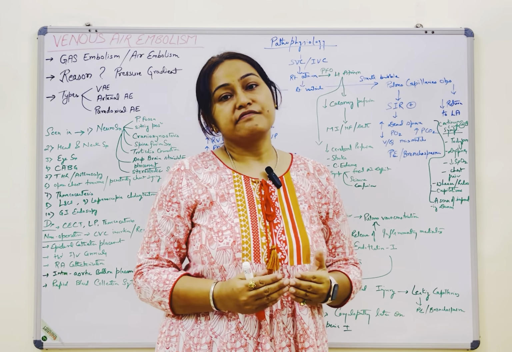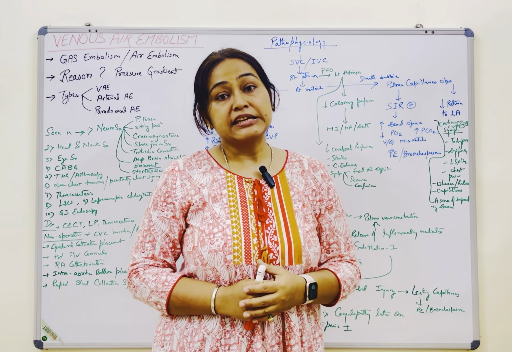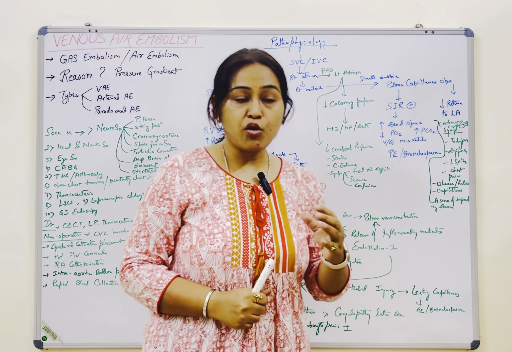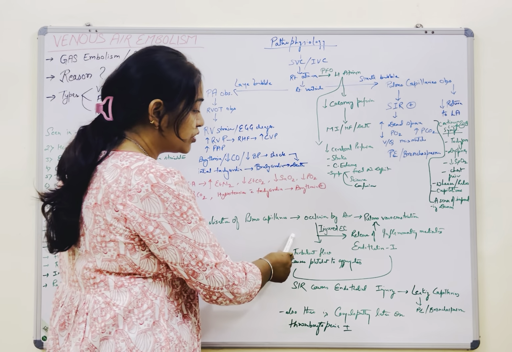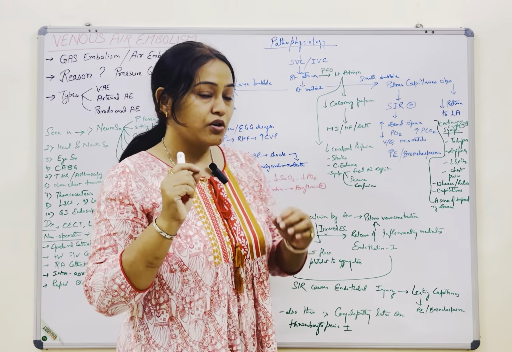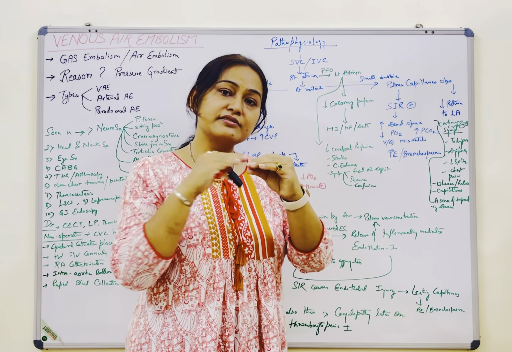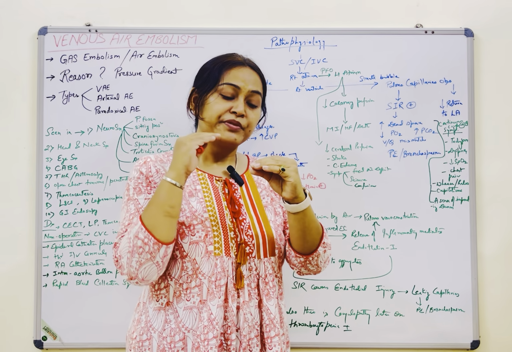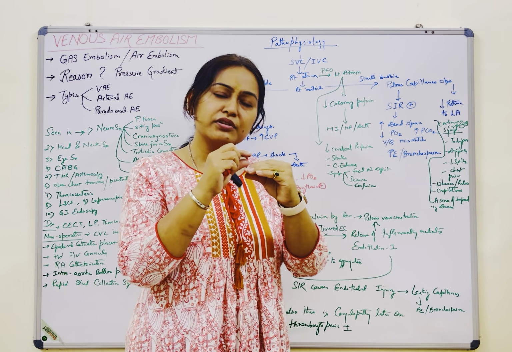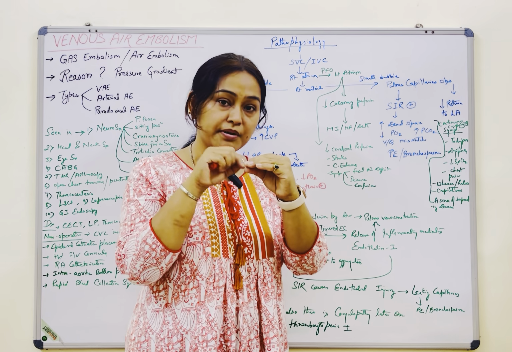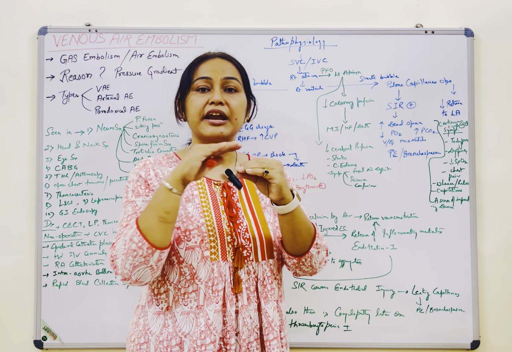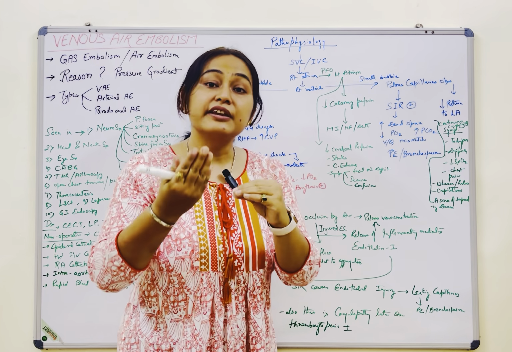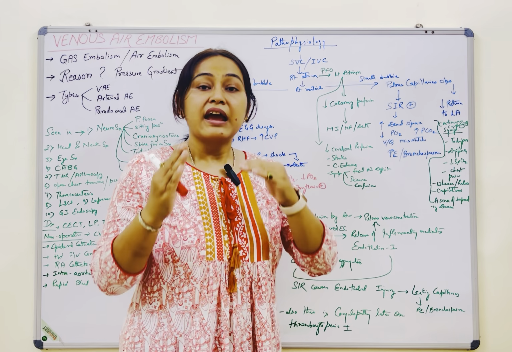Why is the systemic inflammatory response seen in venous air embolism? Because it obstructs the pulmonary capillaries, right? It obstructs the pulmonary capillaries, and because of the obstruction, there is turbulence of the blood flow. Because of this turbulent blood flow and the air bubble, it causes injury to the endothelial cells, and that will release endothelin 1 factor, and this endothelin